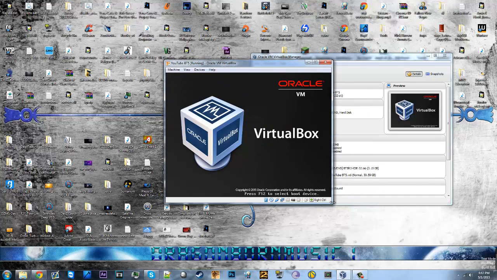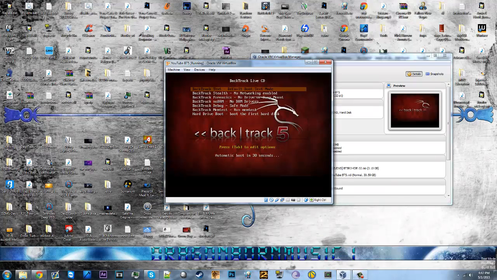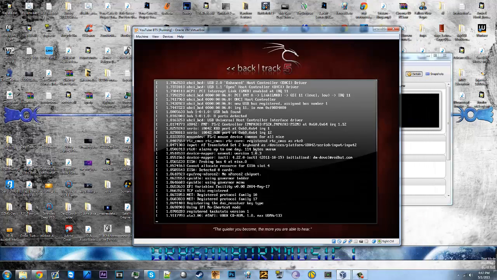And I'm going to go ahead and tell you that this actually has a lot worse. Just click enter there and it'll enter everything. And we are going to default boot text mode. The screen resolution on this is actually a lot worse than Kali Linux due to the fact that it's an